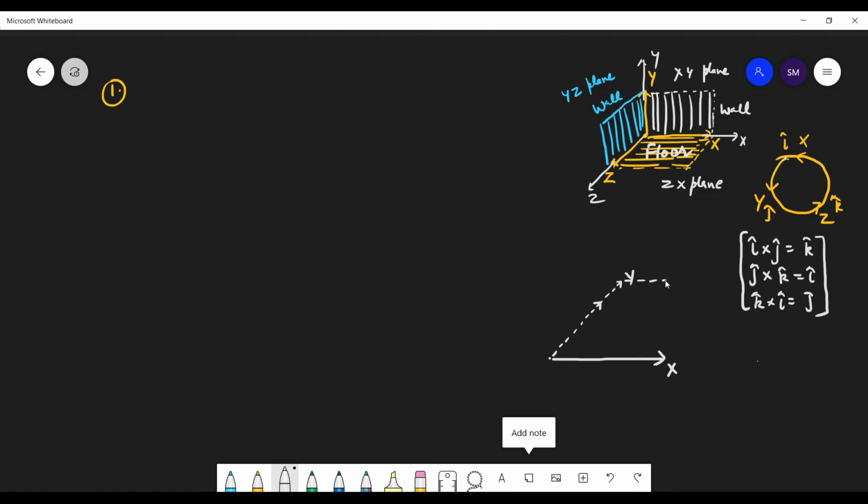So this is your floor now. This is your floor. And you can understand this floor is like you are sitting in one room and the wall is there in front of you, and the floor of the room on the other side, okay, behind the wall. This is your wall, so behind the wall, that's your floor. Okay. So this is your floor this time. So floor is your xy plane.